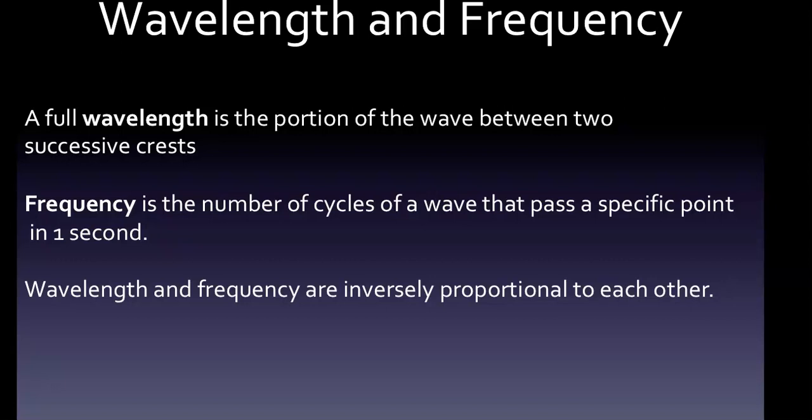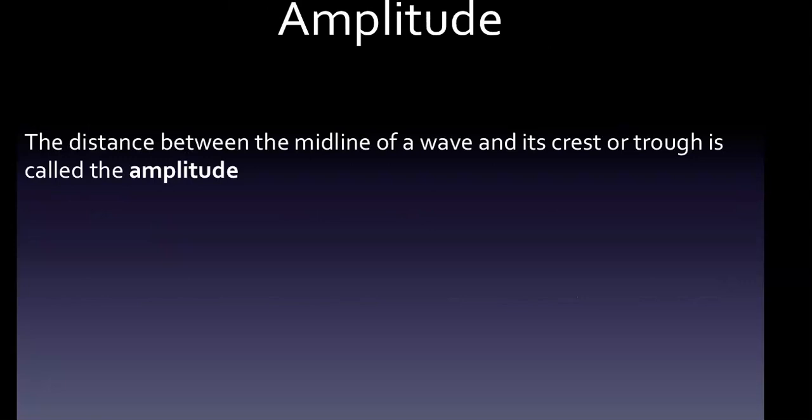Wavelength and frequency are inversely proportional to each other. As frequencies increase on the electromagnetic spectrum, wavelengths decrease. Gamma rays have the highest frequencies, but the smallest wavelengths. Okay. And then with amplitude, we just have a basic definition there, and that was our